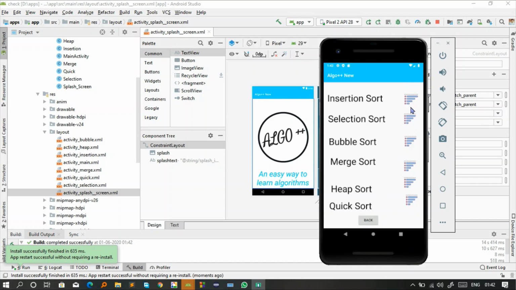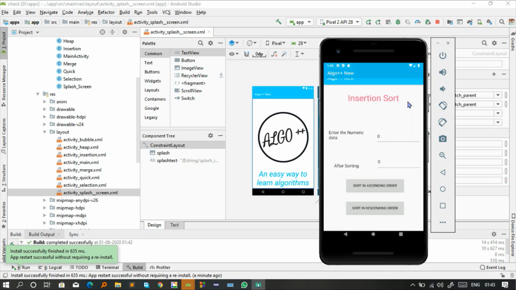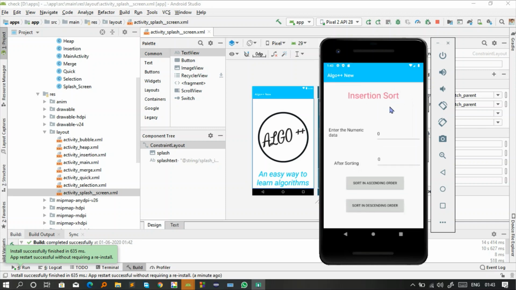If you click on this image view, it will go to the insertion sort, and if you click on this image view, it will go to the selection sort. Let me just click on this particular button. When I click on this button, it will go to the insertion sort. Now you can see that there are two edit texts in which you can give the data. If you give the data as 9 8 7 6 5 4 3 2 1,